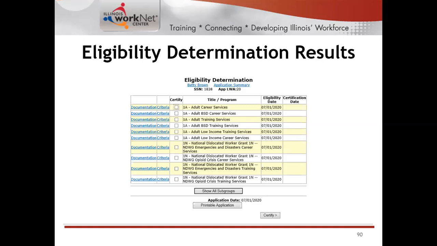That way staff can go back and record the actual service accurately to when it occurred. And that's the same thing we want you to do with the disaster relief supportive services a client is receiving. Don't put them in right now under traditional career service supportive services. If they're only tied to your disaster relief employment, case note it, because we'll want to record those under the disaster relief